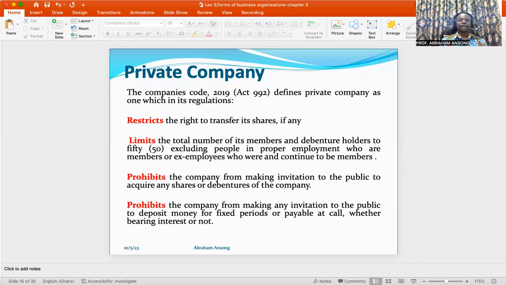All right. The other attribute of a private company is that it limits the total number of its members and debenture holders to 50, excluding people in proper employment who are members or ex-employees who were and continue to be members. So if it is a private company, the total membership, don't forget when we were explaining partnership, we said the maximum was 20, right? So if you set up a company and you also want it to be a private company, the maximum members that you can have is 50. And this includes the debenture